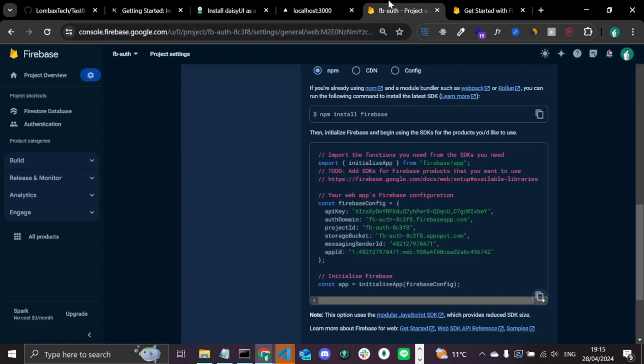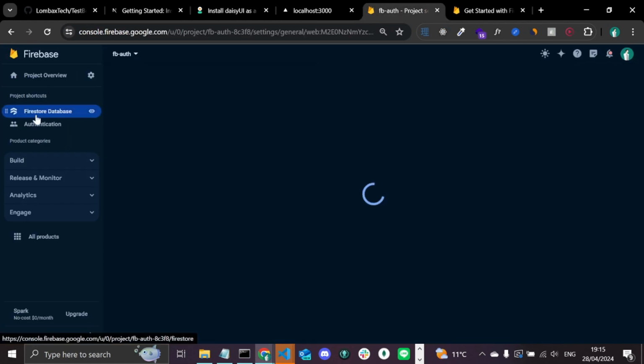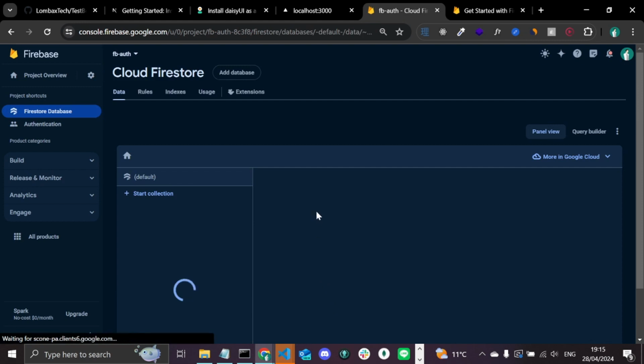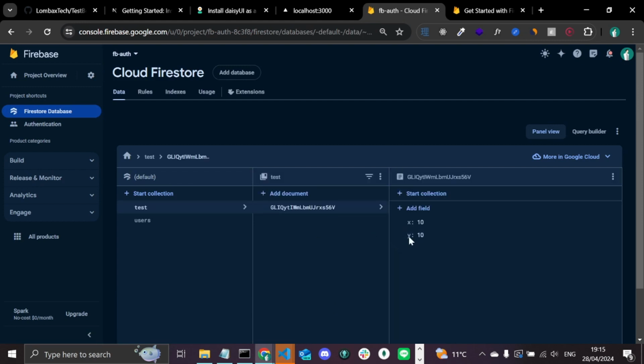So if I go back here and I click the button, and then I head over to my database, you can see that I do have this object added. So we have successfully connected our Firebase backend to our project. The next thing I'm going to do is head back to my editor,